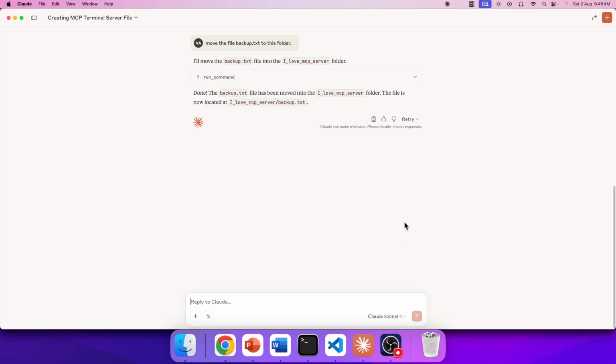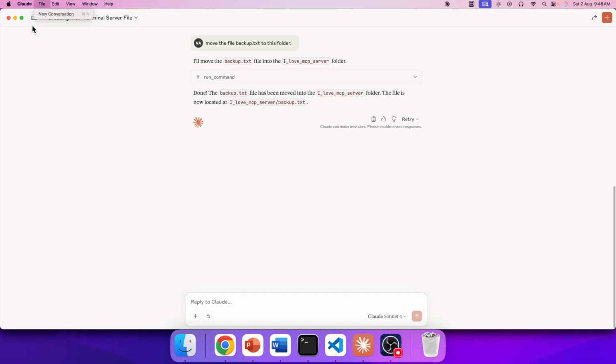So in this demo, what we have seen is a simple MCP server. Before creating that MCP server, we installed the package manager UV, then created the directory structure, initialized the UV, then created the virtual environment, and after that we created a terminal_server.py which has the code related to that MCP server. Now this MCP server we are integrating with the Cloud Desktop with the help of a config.json file